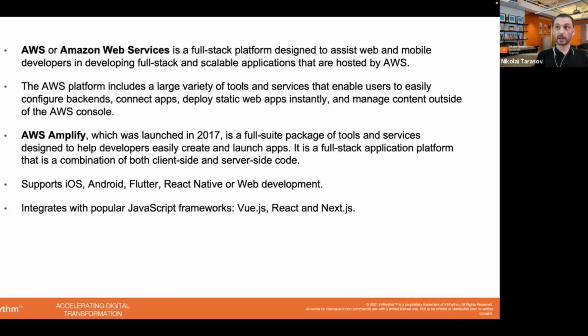So before we speak about AWS Amplify, let's speak about AWS. Many of you probably know what AWS is. For those who don't, AWS is Amazon Web Services. It's a full stack platform designed for creating mobile and web applications and backends, and it's one of the main cloud providers. There are some other cloud providers like Google Cloud or Microsoft Azure. So AWS is one of these three major cloud providers, and the AWS platform includes a large variety of tools for storage, authentication. It's hard to name all, so probably everything you need in your app, most of the things,